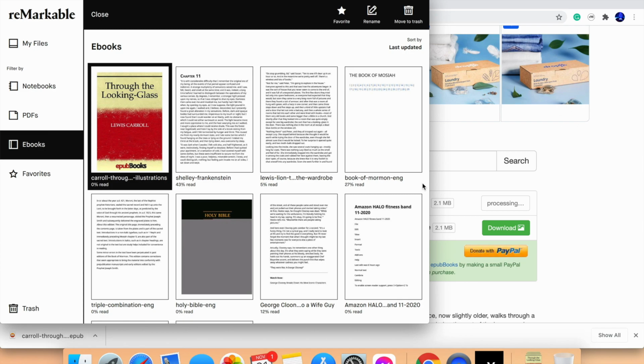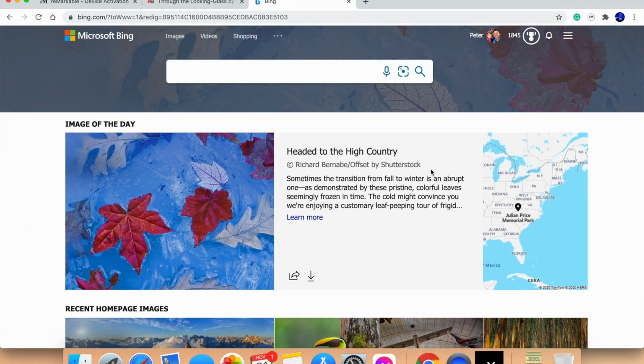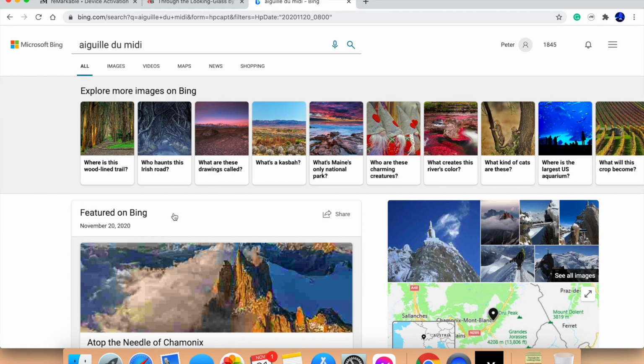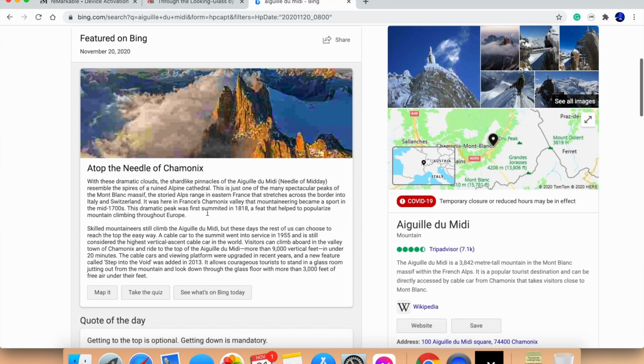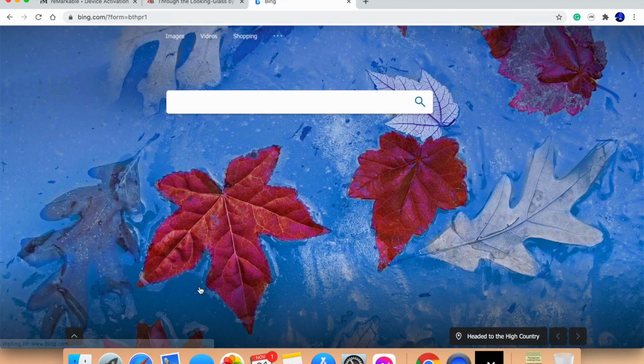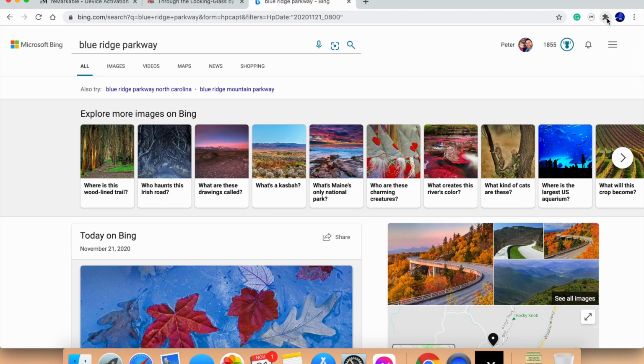And I just saw on my right that the reMarkable already updated. So let's switch views, and then I can show you that. Well, actually, let me show you one more thing. So let's say you're reading a news article or image of the day. You're just reading something, right? Okay, feature on Bing at the top of it. Oh, well, that's kind of cool. See what's on Bing today. So I can read about these autumn leaves, or I can just click right here,